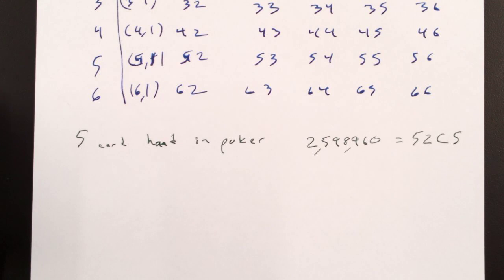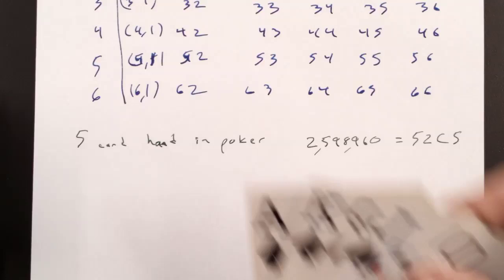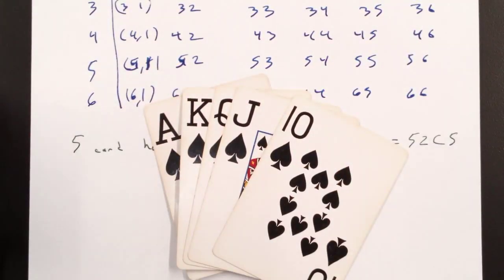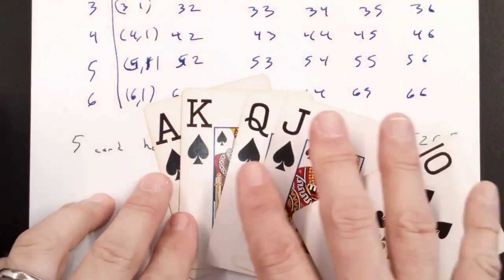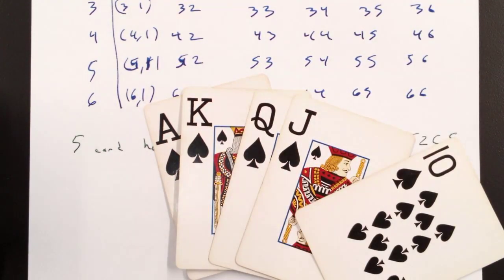The most valuable hand in poker is a royal straight flush. Straight, the cards are in order: 10, jack, queen, king, ace. Flush, they're all the same suit. That's the highest possible straight you can get. What's the chance you get one? All I need to know is how many ways that can happen.